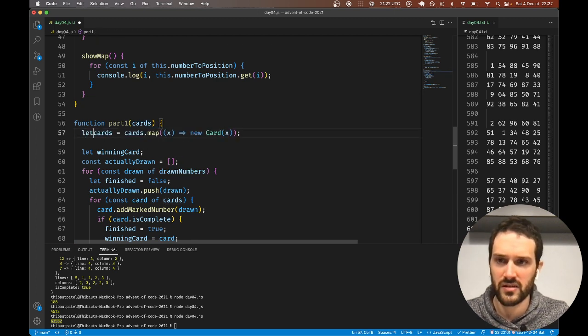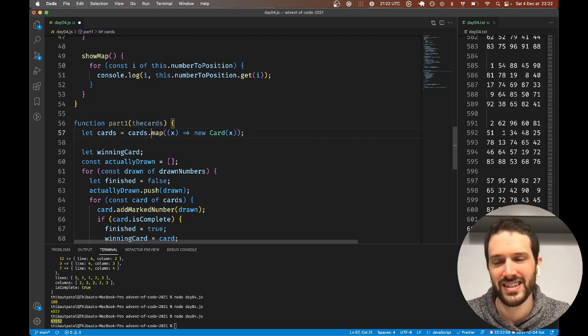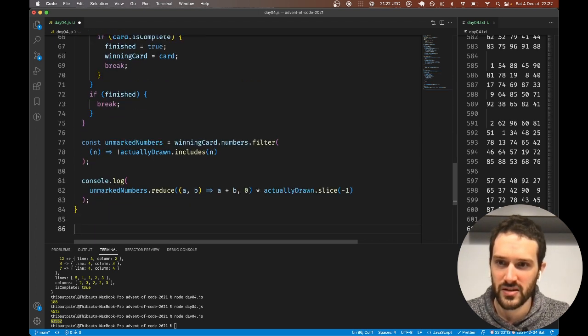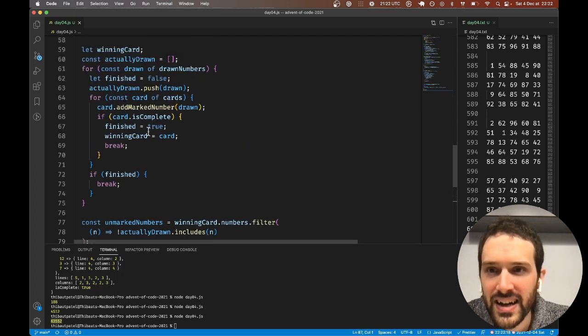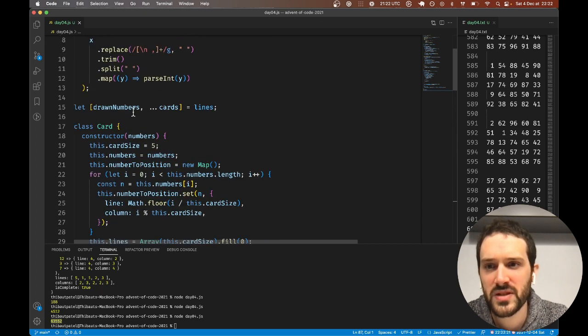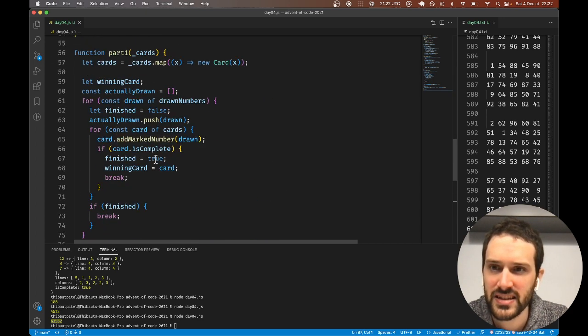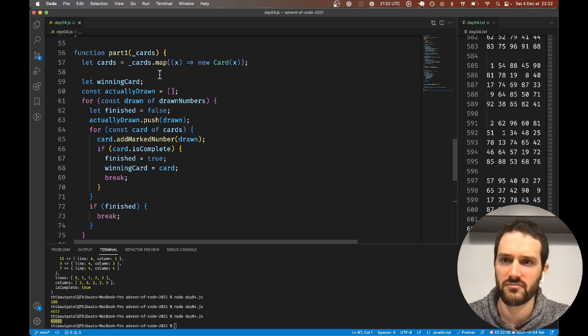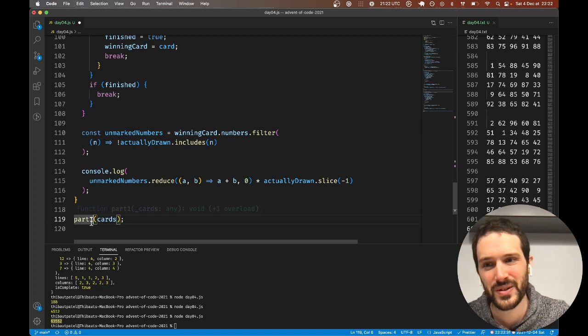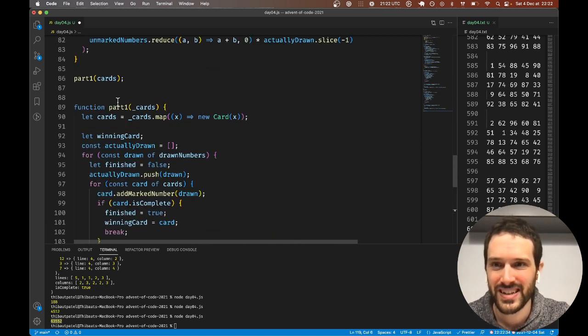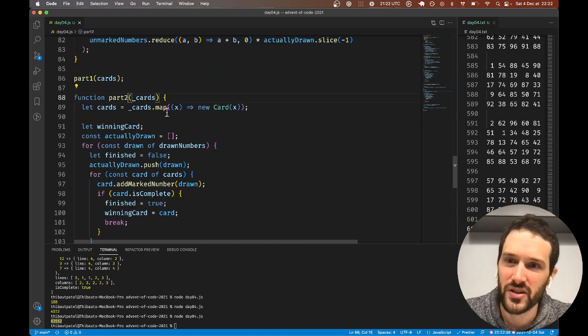Let's say the cards, part 1 of cards. And the idea here is, because this is an object that has a state in it, I prefer to have something cleaner like that. I'm actually going to do a copy paste. Even though I created a nice function, I'm going to do a copy paste with part 2, because it starts